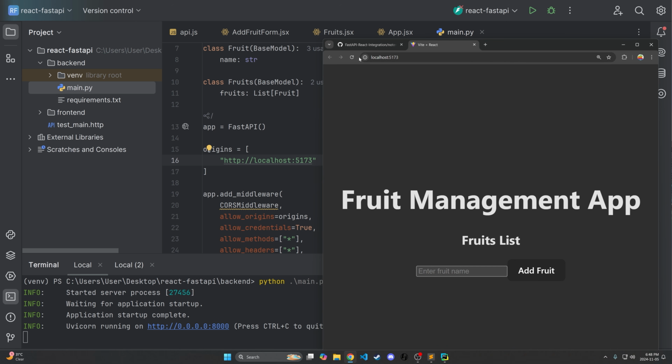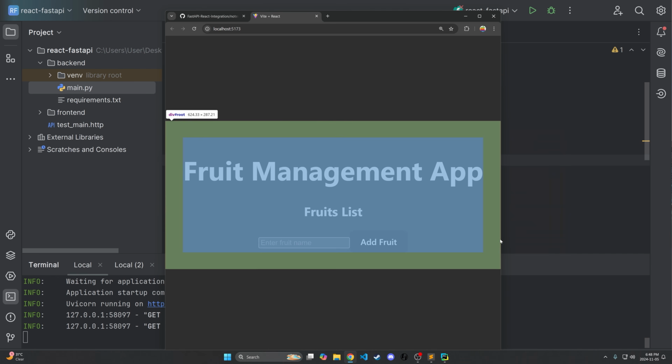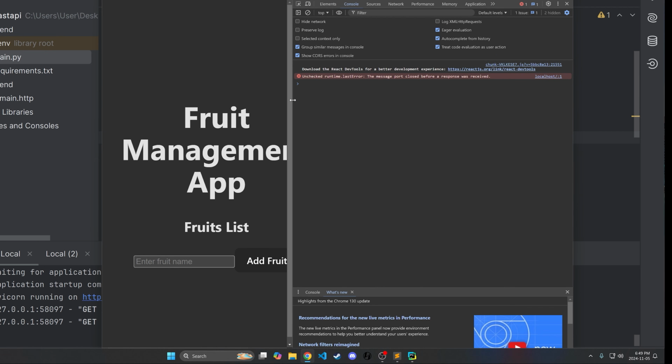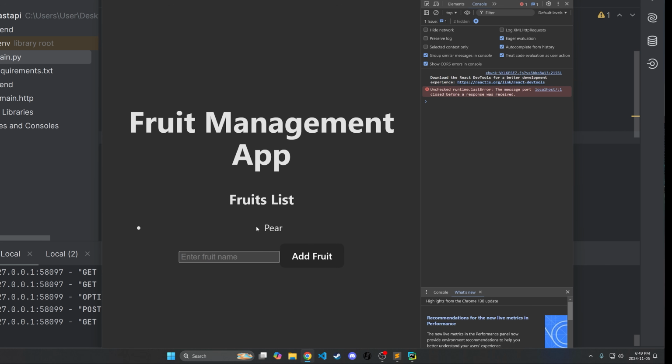Okay. And now if we go here, and we save, let's go into the console again. So inspect, let's make this bigger, console. Notice we're no longer getting that CORS error. And to really make sure this works, we can add the fruit, for example, pear, and you see it gets